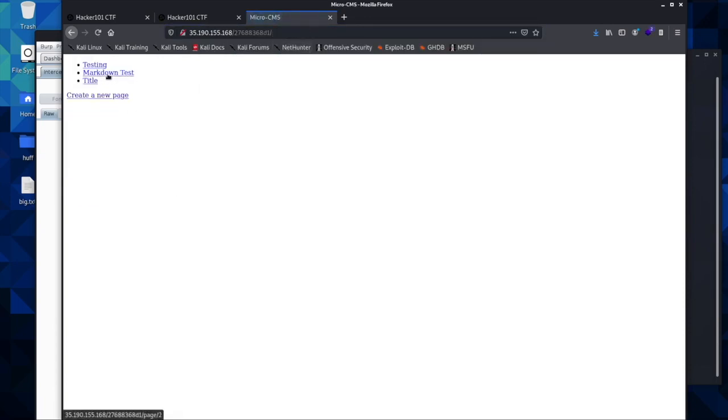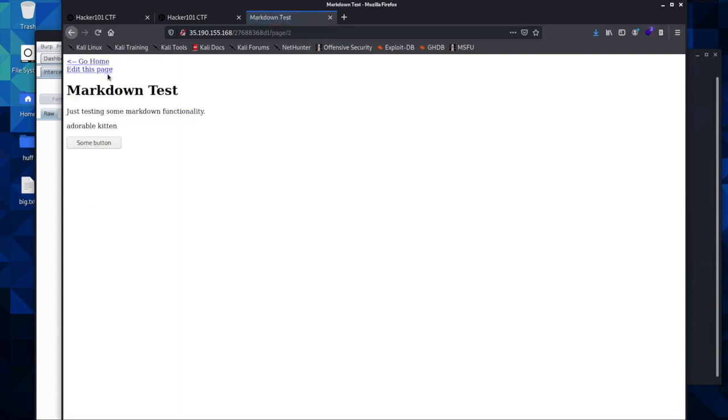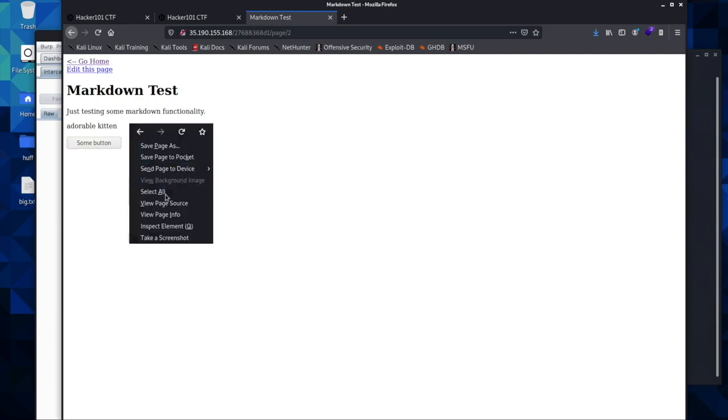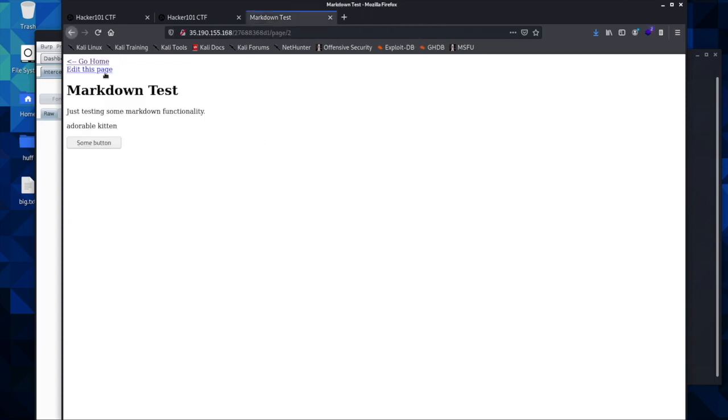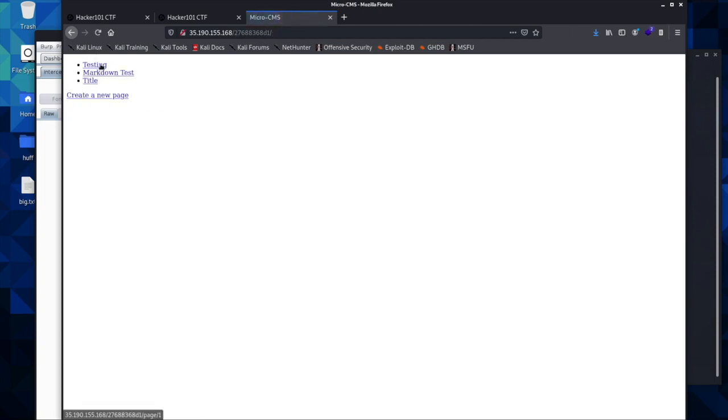We can go back, we can click on the markdown test and click the button. It doesn't really do anything. We can come in and view the page source and look around. There's not really a whole lot here for us. So we can go back and go to home, we can go to testing, and just as